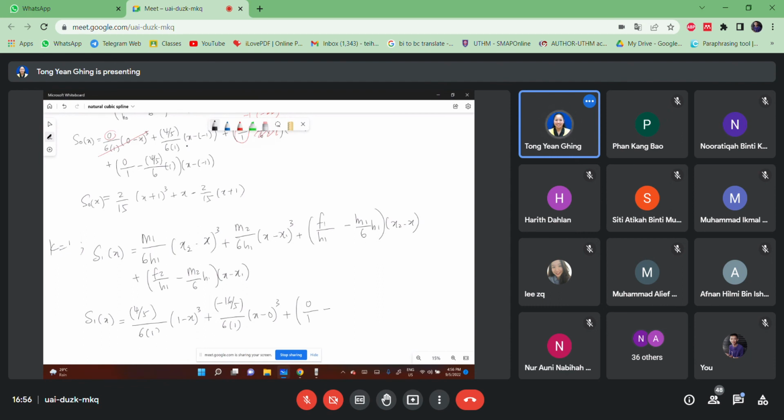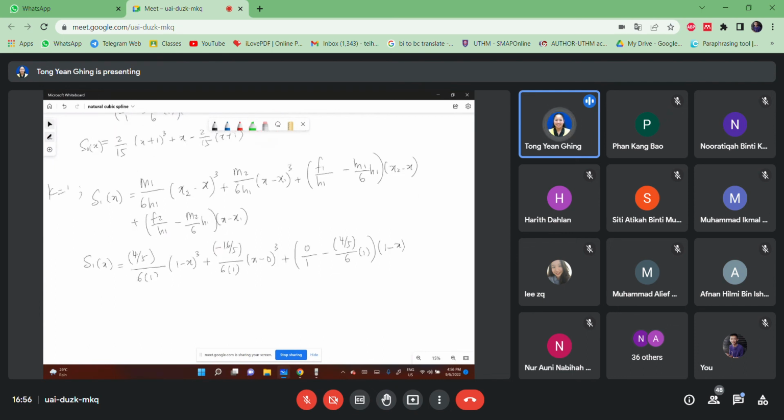This one is 4 over 5 times 6 times 1. This one x2 is 1 minus x. Continue with plus, F2 is 1 over 1 minus M2, negative 16 over 5 divided by 6 times 1, x minus